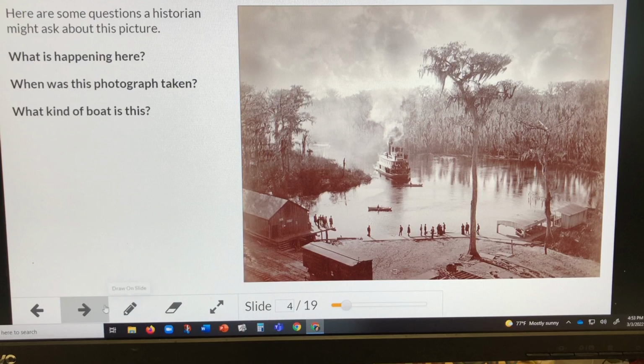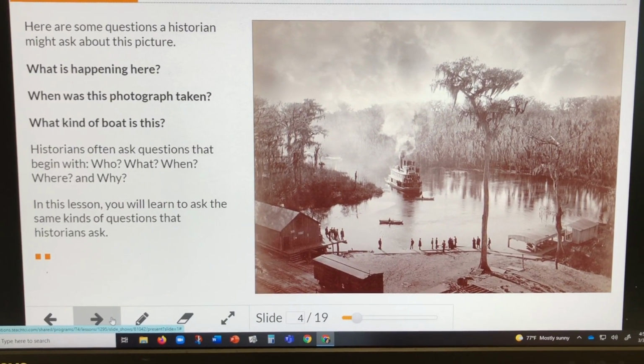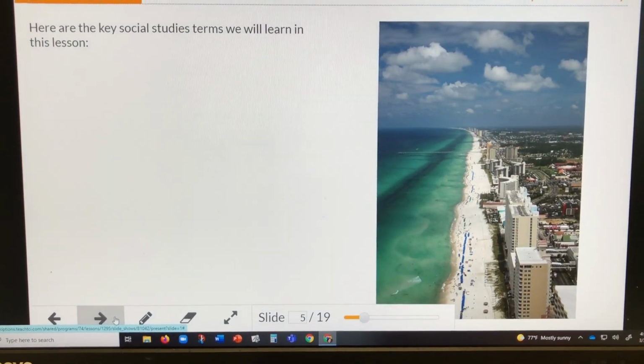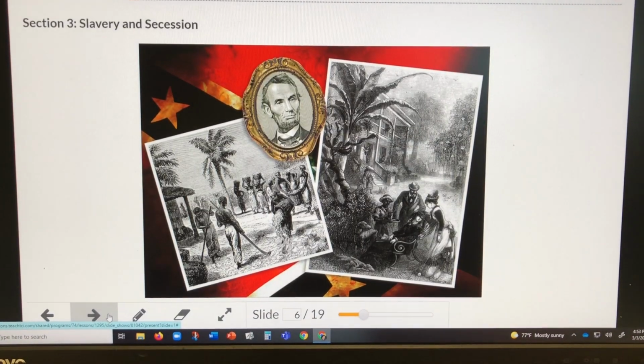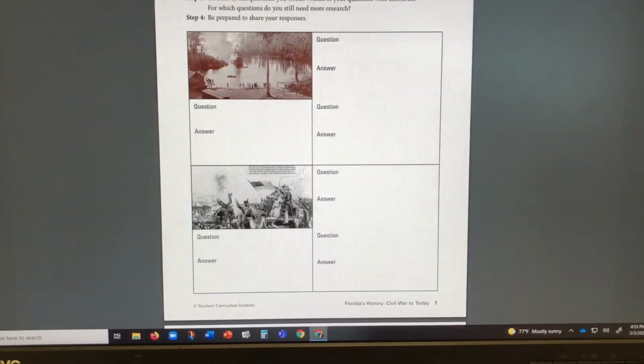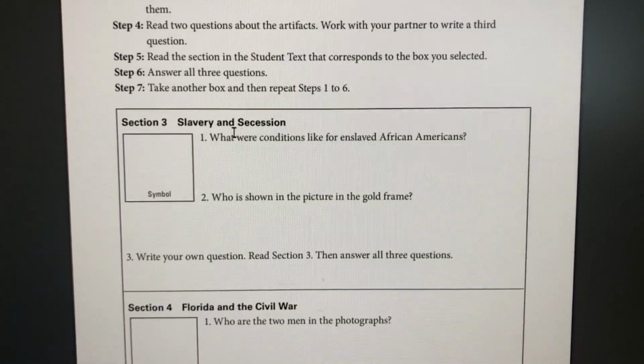And what kind of boat this is? And then I had the students go ahead and read section 2 so that they can find the answers to that. We went over the vocabulary for this chapter. And we started with our first section, which goes over here, where they have to read these 2 questions, work